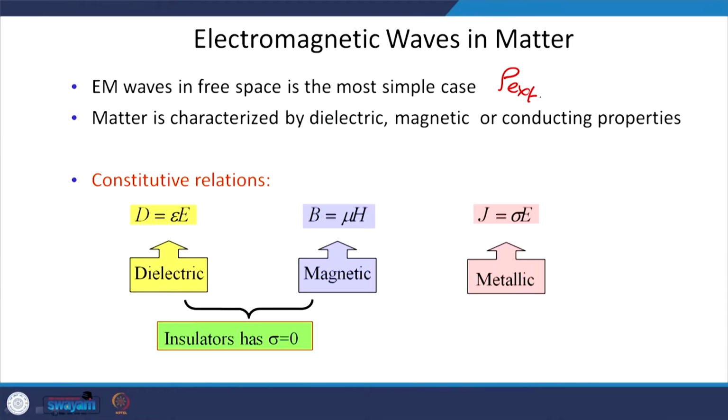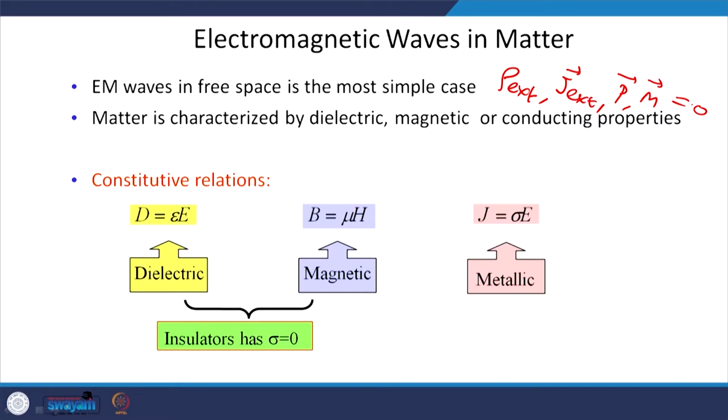Now, we move ahead and see what happens when these waves travel from one medium to the other medium. So, today we are going to discuss the reflection and transmission at interfaces. We will solve for Fresnel equations. So, you know that electromagnetic waves in free space is the most simple case, where we consider that there is no charge, no magnetization, no polarization and no currents. So, all was 0. So, basically rho external, J external and P and M, this all was equal to 0